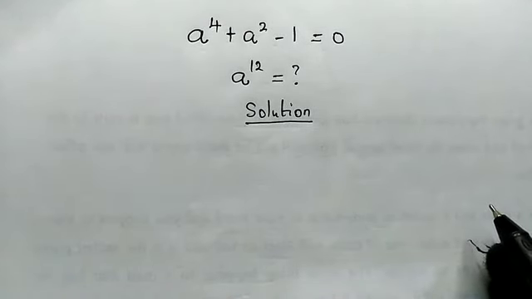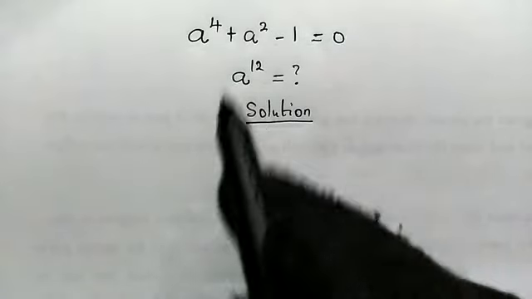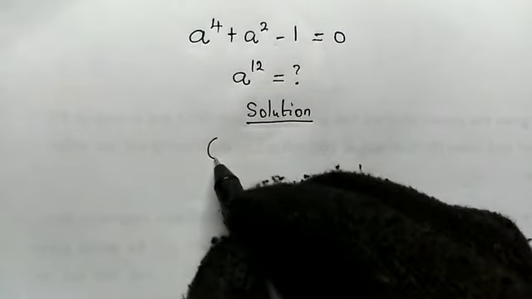Today we're going to solve this Olympiad mathematics problem. We're given the following quadratic equation: a to the power of 4 plus a squared minus 1 equals 0. And here we're going to evaluate a to the power of 12. Now let's get started. From the given equation, a to the power of 4, we can actually write it as